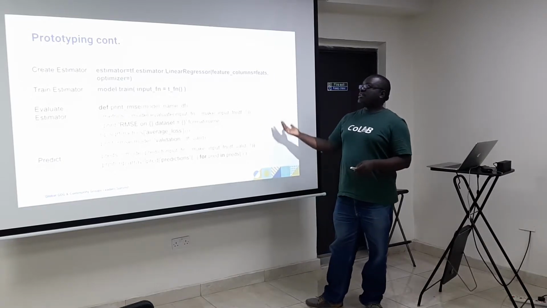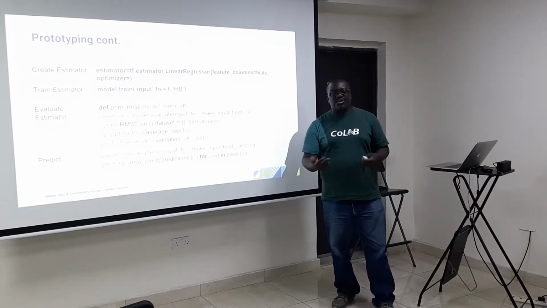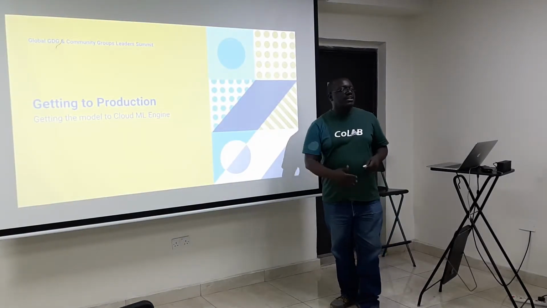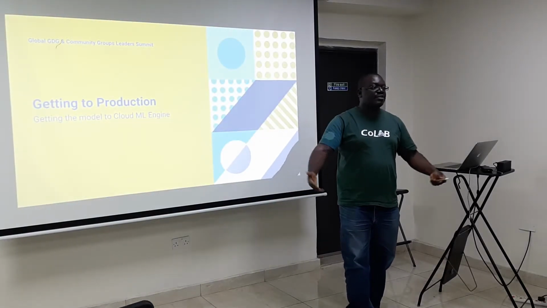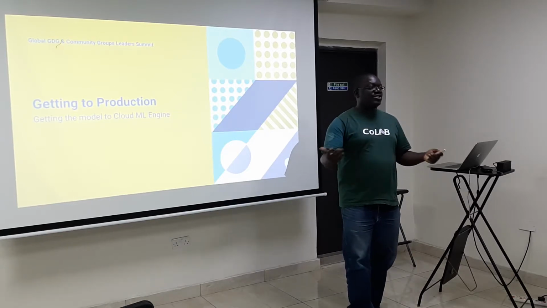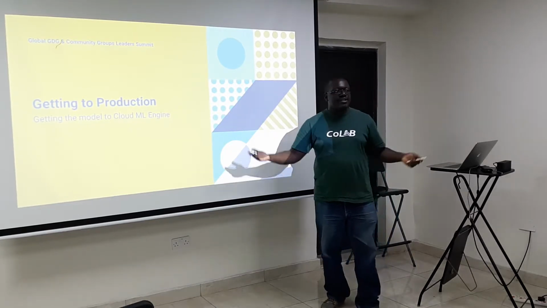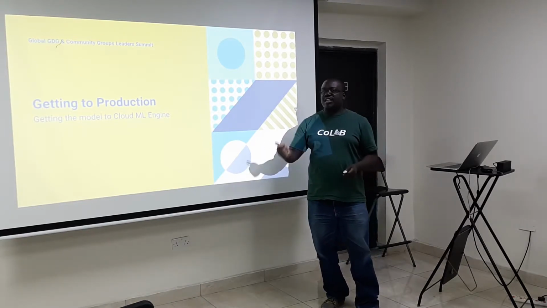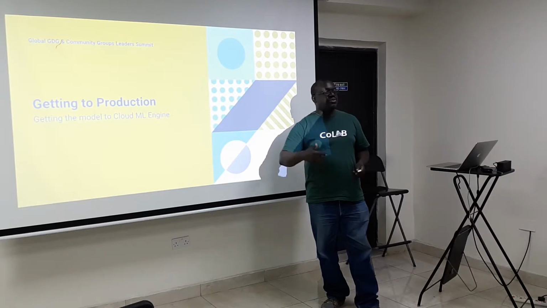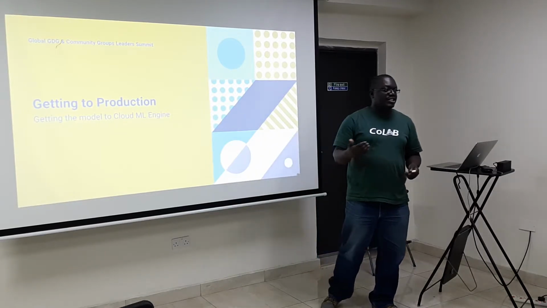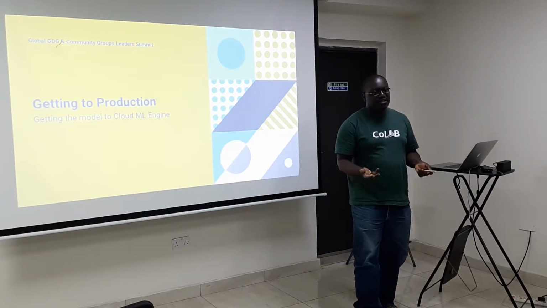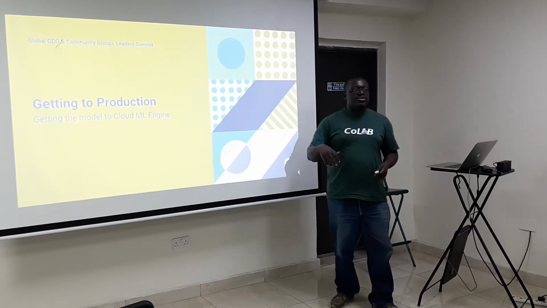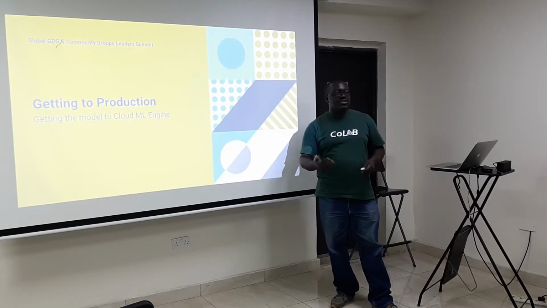Now, all of this works if you're in a research environment, if you're prototyping, but it doesn't work if you have that kind of environment that Chuka just finished talking about. So you have some 200,000 users, and for every time that they do something, you need to call a machine learning model and predict something. How do you do that in production? The code that we just saw doesn't work in production. You can't put it into production.